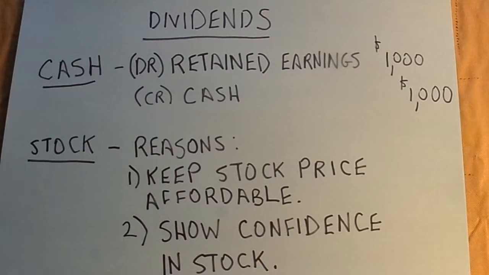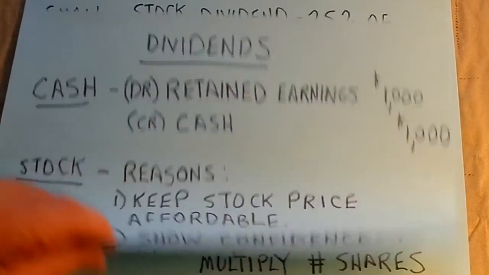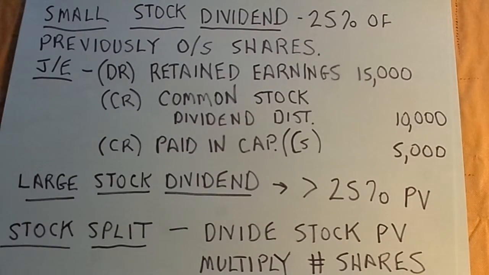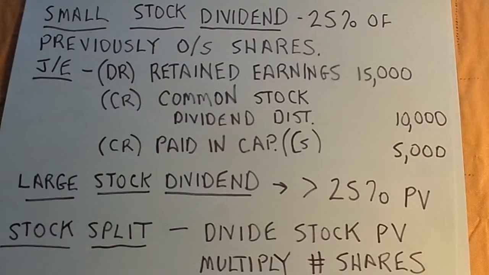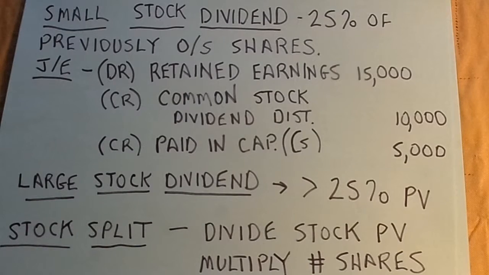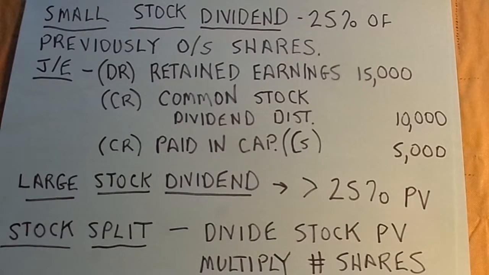There are also stock dividends that can be provided. And some reasons that a company might do a stock dividend is to keep the stock price affordable or to show confidence in its stock. There are 3 general types of stock dividends, although a stock split is really something different. In a small stock dividend, which is defined as 25% or less of the previous outstanding shares are now distributed,